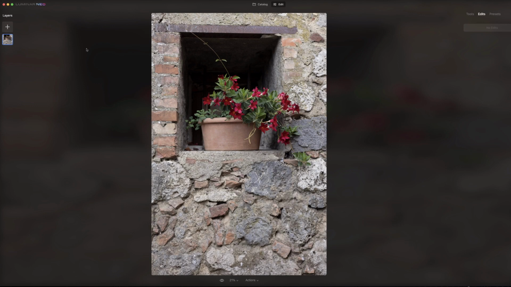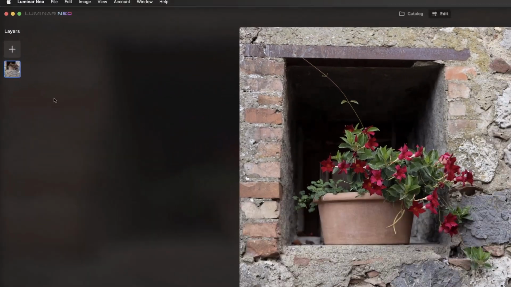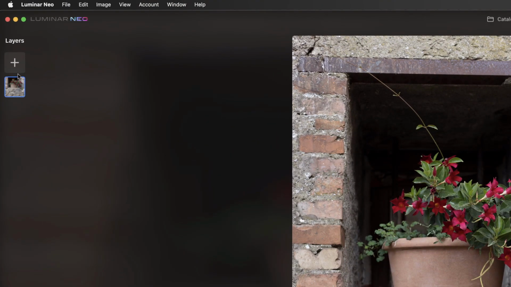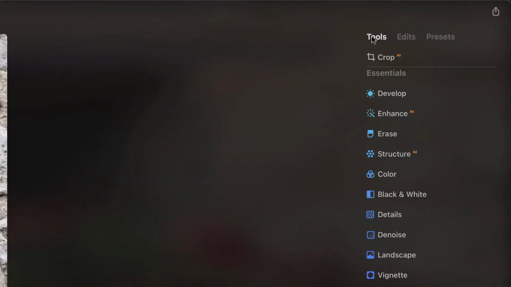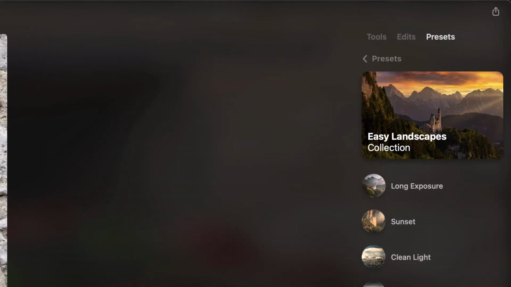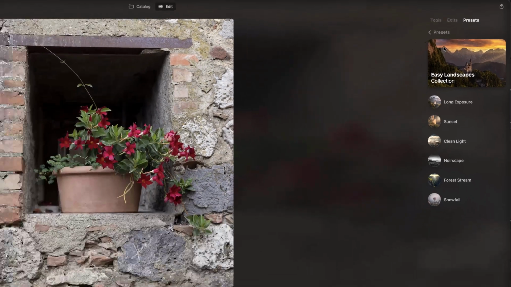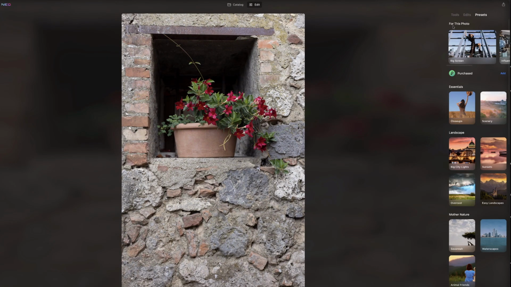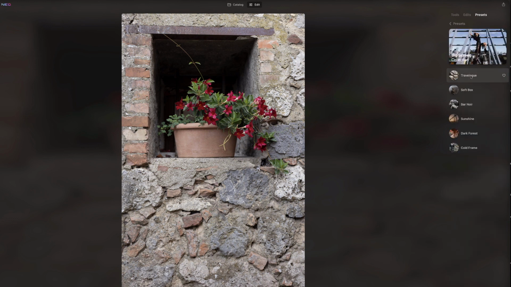Okay, so here we are in Neo, and this is the image that we're going to be working with. These flowers just sitting here in this window. A quick look through here in Neo, we've got the image over here with the ability to add layers up above, which we might do in a bit. Tools are over here, and then we've got our presets, which, when you're starting with something like this and you've got no idea what to do, sometimes you can just take some of these ones that they're recommending and try them out just to see some of the options that are available. That one's actually kind of nice,